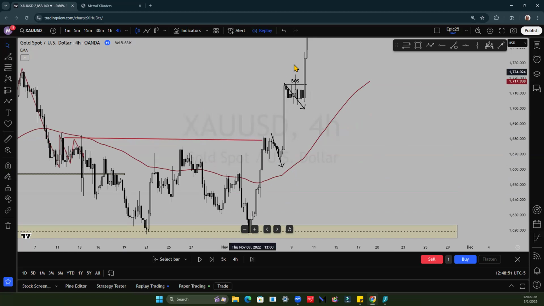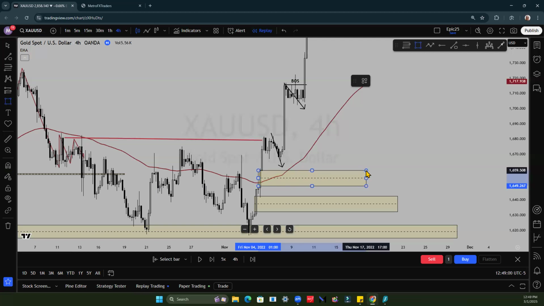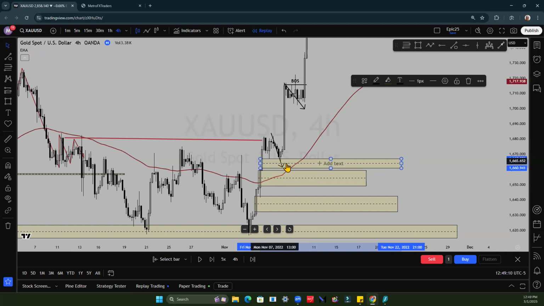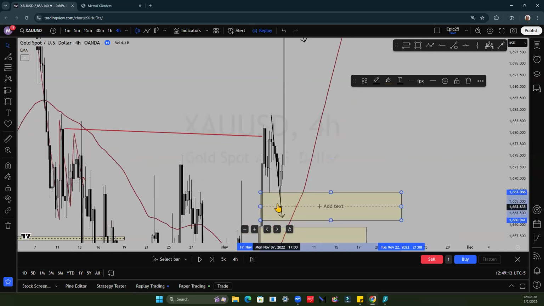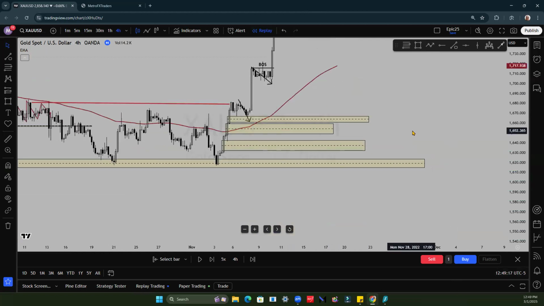So again, here and here is a fair value gap. Here and here is a fair value gap. And lastly, here and here is a fair value gap. And what did it do? It came down and touched my fair value gap, bounced off the fair value gap, and continued its journey going higher. So yeah, rewind the tape, understand market structure, understand trend lines, place your trend lines, understand where your